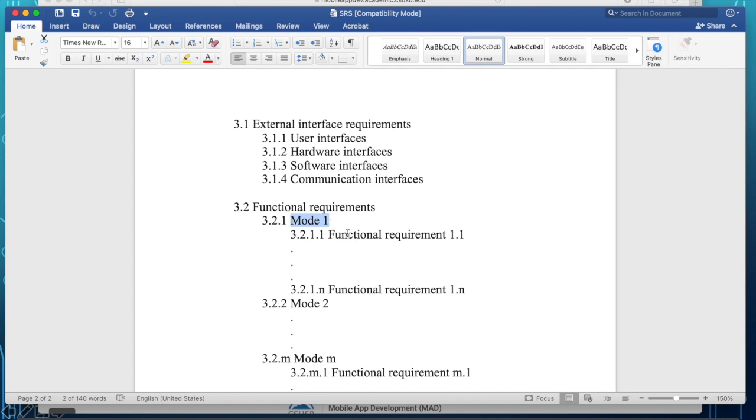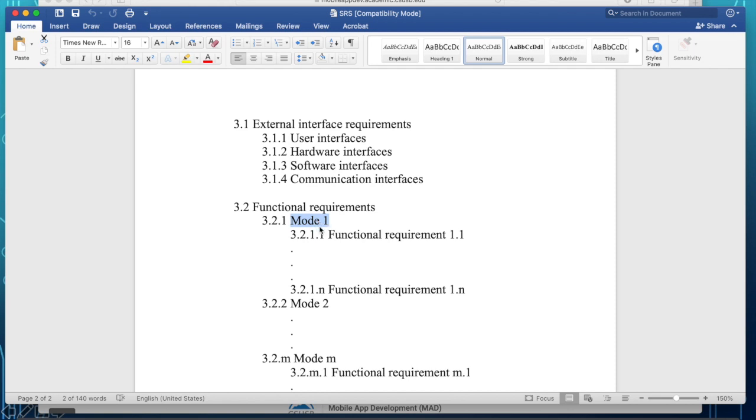So the drawing of the user interface is done in here. So for different modes, and the modes are for the different users of your use case diagram, you define the different functional requirements that this user needs. So mode refers to the specific user in your use case diagram.